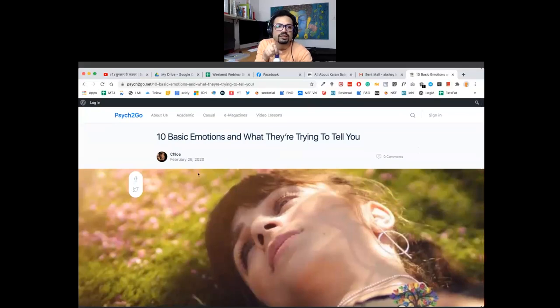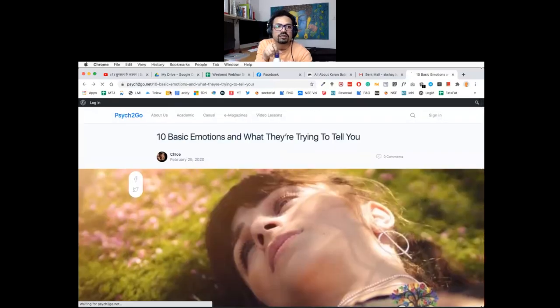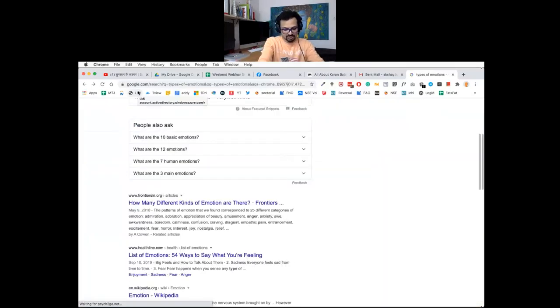Or you can take any emotions, not just these 10, but I'm just giving you a rough idea. So now what I'll do is, the square I took and I pasted it, and this is just one square. So what we can do is multiple of these.